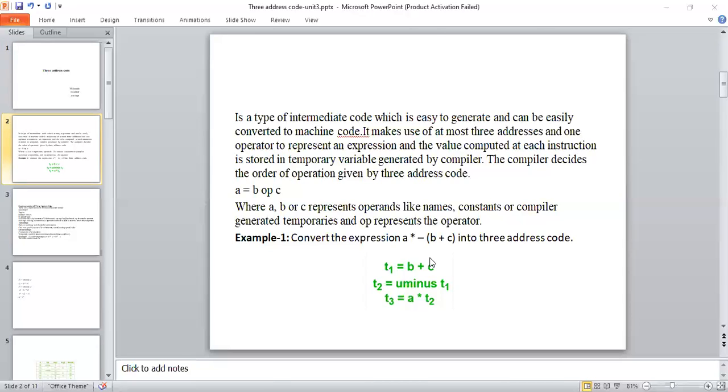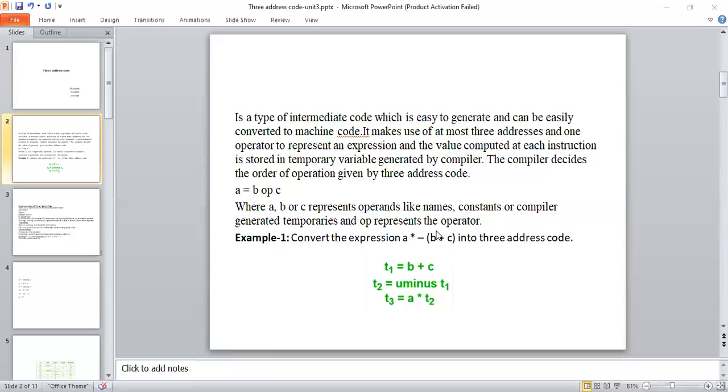Suppose I have the expression a * -(b + c). The meaning of this statement is a into the unary minus of b plus c. Now, how do we construct the three address code for a given expression? Before constructing it, first of all we should follow the operator precedence. According to BODMAS, which stands for brackets, order, division, multiplication, addition, and subtraction, first of all I give the first priority to the brackets.